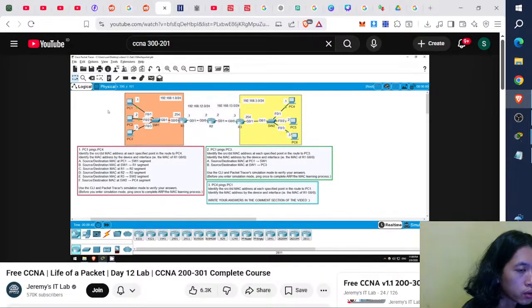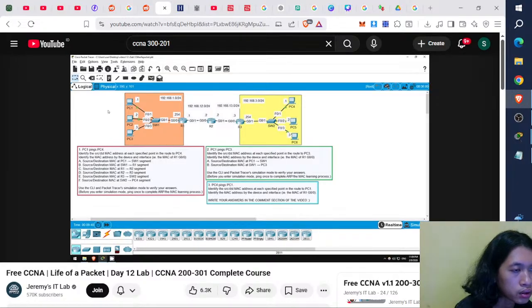It's the same for the switch 1 segment and R3 segment. So for the source MAC address, it's the source MAC address from R3 G0/0, and the destination MAC address is R2's G0/1. It's for the R3 to R2 segment,